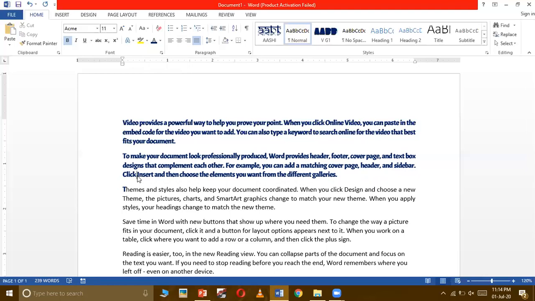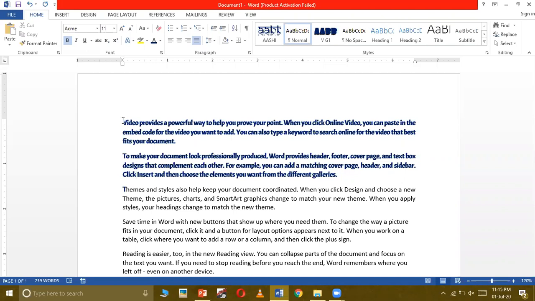Now MS Word has provided us one tool through which we can copy the formatting from one text to another. When I say copy the formatting from one text to another, that means only the formatting will be copied, not the text. So whatever is written here will not be copied, only the designs which we have applied on that text will be copied, and then we can use that copied design to be pasted on some other plain text. So let's see how we can do that, and for that purpose we use the Format Painter tool.